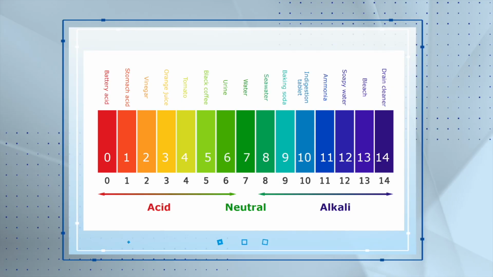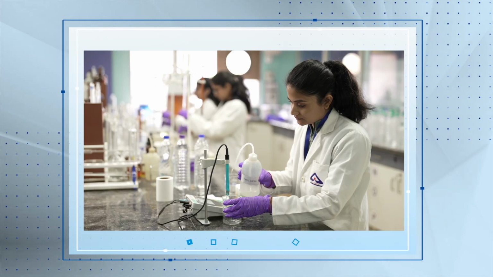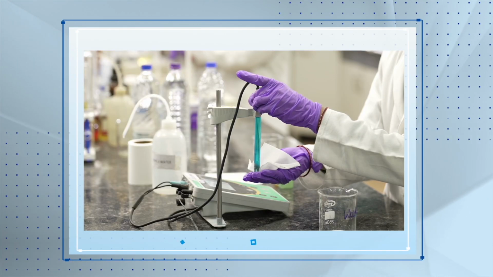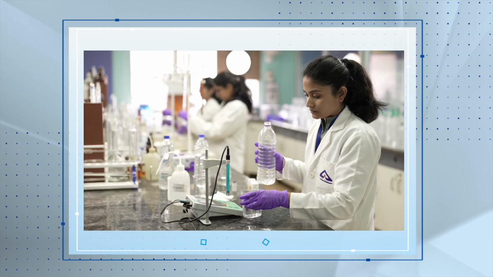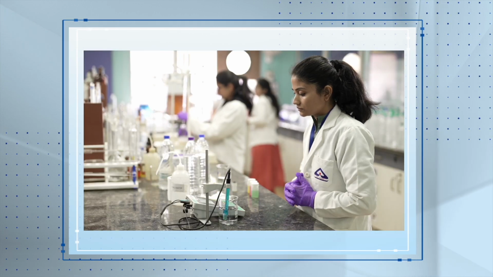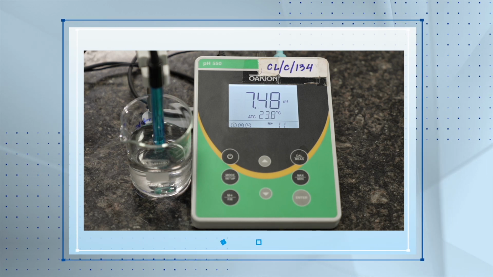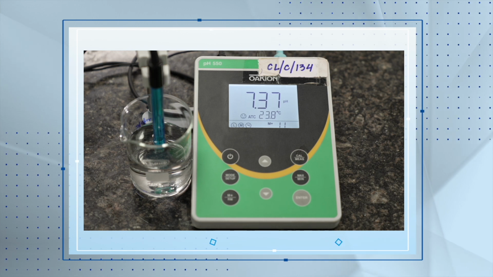Let us talk about a very simple terminology, the pH. We have learnt in our chemistry class that pH is the measure of hydrogen ion concentration, defining acidity or alkalinity of a solution, and that the pH scale is between 0 and 14. For water, the pH is considered to be 7. However, the packaged drinking water contains many dissolved solids, due to which its pH is likely to vary. The permissible limit for pH of packaged drinking water is from 6 to 8.5.